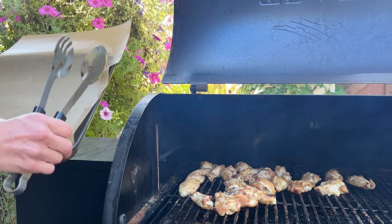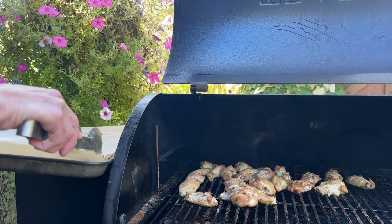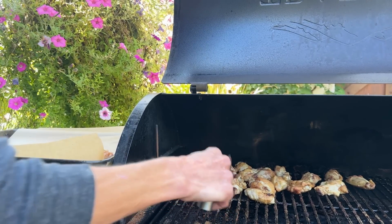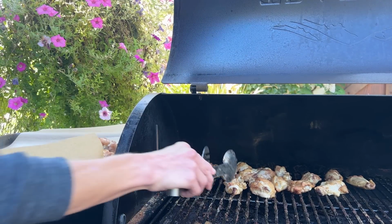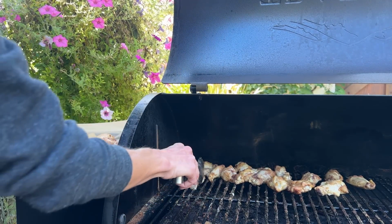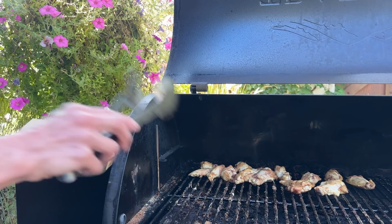What I do is I put a piece of parchment on a rimmed baking sheet, and I'm just gonna put them all on here. Then whenever one of the kids wants some chicken wings, they can just put a few on a baking sheet, because I'll cover this in the fridge, and put it in the air fryer for about 15 minutes or until the skin is nice and crispy. And I'll serve it with my